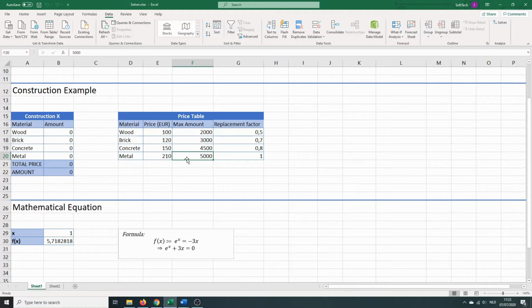With this information, we can create a potential solution. At the bottom of the left table, you see a cell containing the total price of the construction, which takes the product of the amounts and prices and then sums it. Below that cell, you can see the amount of pieces required, which should always be 5,000. If you take the replacement factor into account, therefore, this cell contains the sum product of the amounts and the